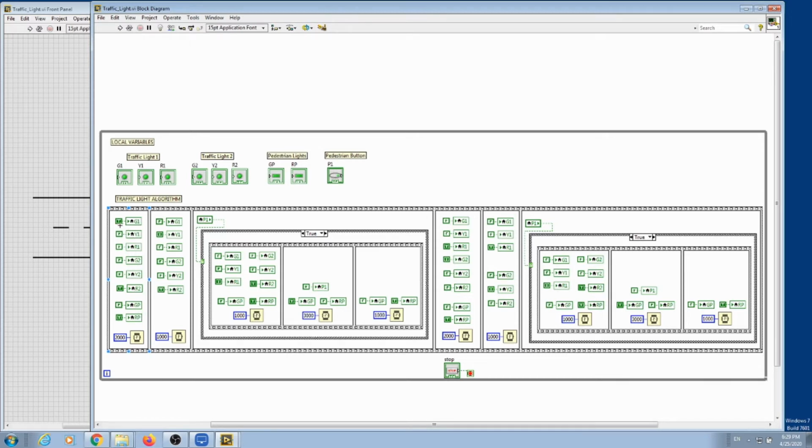So here I have the green one of traffic light 1, and then everything else is false, turned off. The same thing happens with the red for traffic light 2, which is on, and the pedestrian is off. And then I'm going to spend 2 seconds in this sequence. Then I switch to the second sequence, and on the second I go yellow, still red,